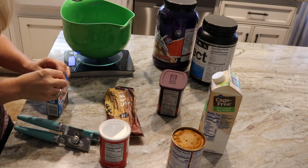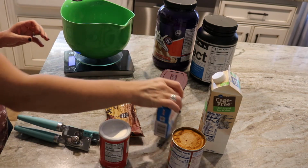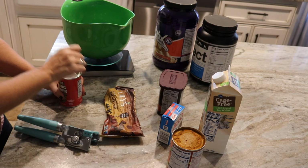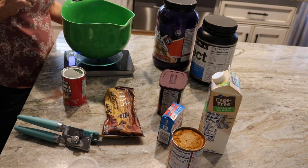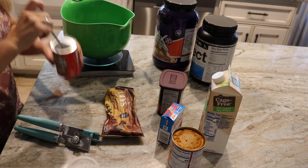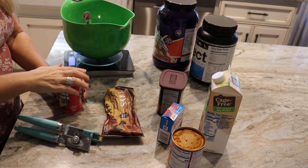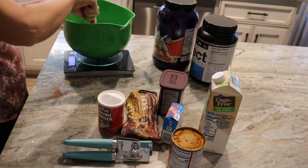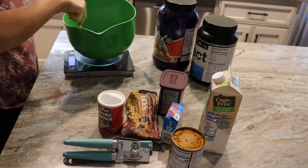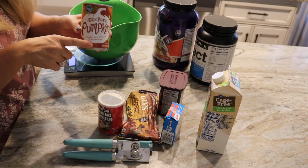And I just put a little piece of tape on this box to keep it together because this does last for a few weeks actually. And then I'm going to do a big heaping tablespoon of baking powder. And I'm just going to mix all of the dry ingredients. Then I'm going to go in with half of this can of pumpkin, which there's 425 grams in here, so